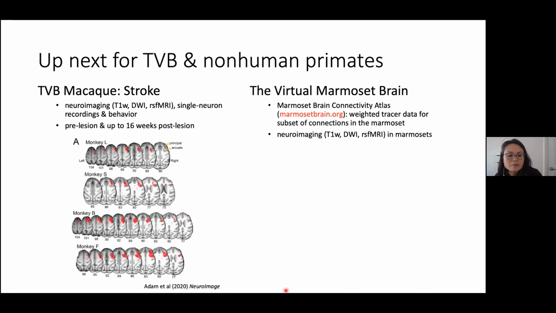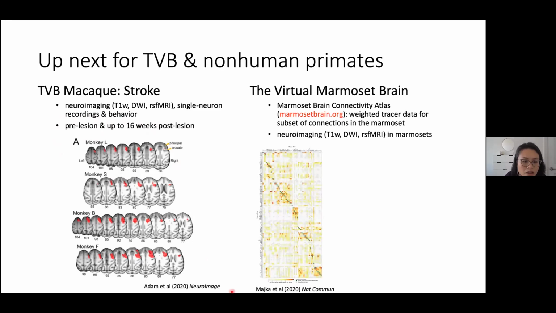And then, as has been mentioned several times already today in terms of what's being shown in marmoset and different levels of data, I've also started to build the virtual marmoset brain. There is a marmoset brain connectivity atlas at marmosetbrain.org, and it's a really nice set of weighted tracer data for the marmoset, and for some subset of these regions they have an edge-complete matrix. That means